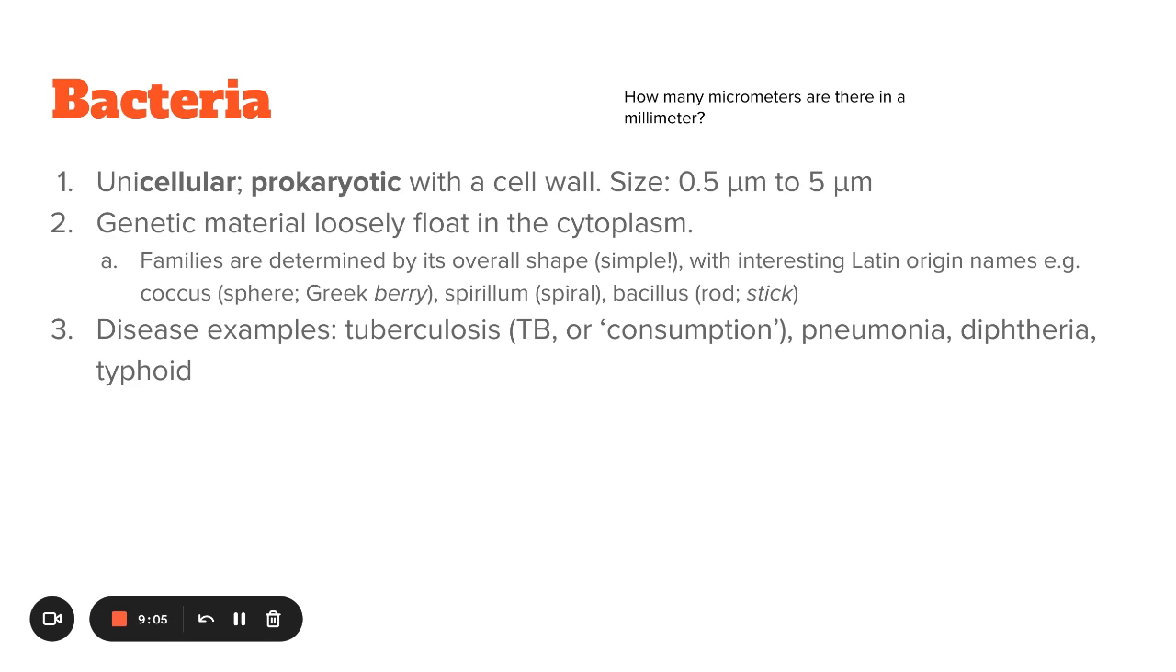Disease example, for example, tuberculosis, TB for short, or people who love reading history books, you will know this as consumption. Pneumonia, diphtheria, typhoid, diseases that often can cause debilitating illness in the ancient times, before the discovery of antibiotics, of course. The penicillin families, and so it used to kill quite a lot of people across the world, and especially TB, since it is a very long